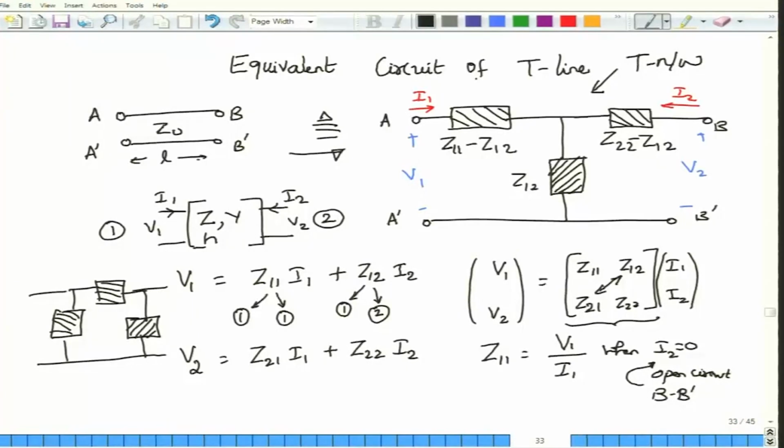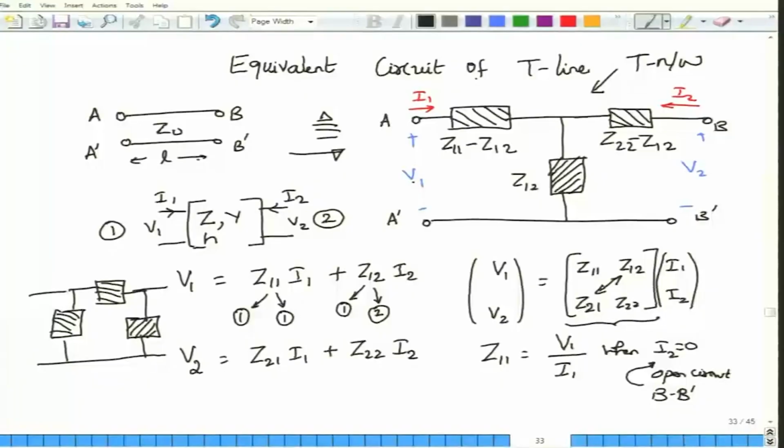But coming back to the network that I am considering, I want to find out what is a T network, and here is a small exercise for all of you who are watching this module. There is V1 here, V2 here in the planes AA' and BB', but the blocks that I have represented are not straight away Z11 or Z12 kind of a thing. It is this block, to which the current I1 is flowing and